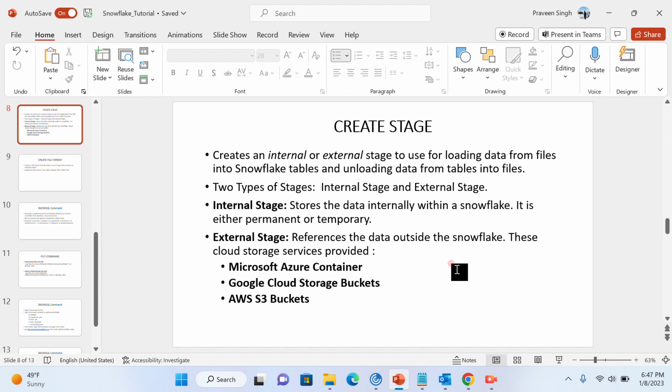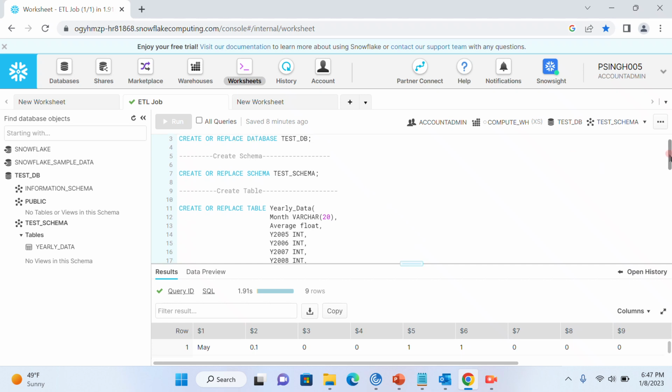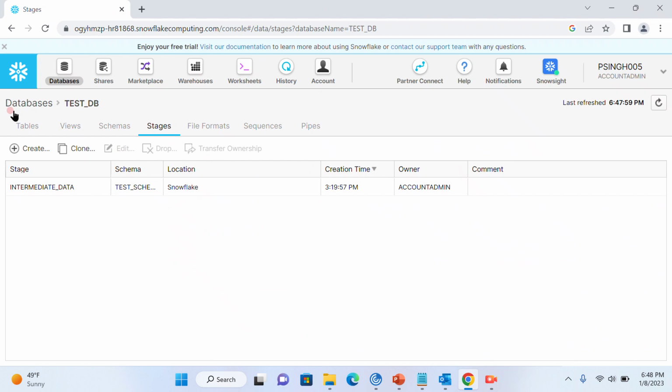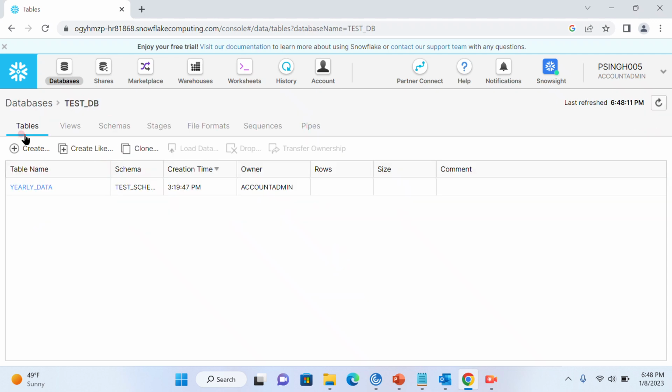Let me explain how to create a stage in a live scenario. There are two ways to create a stage: by using the Snowflake SQL command, or by using the UI. First, you have to go to the databases and then select the database. I select the test DB database and then go to stages,